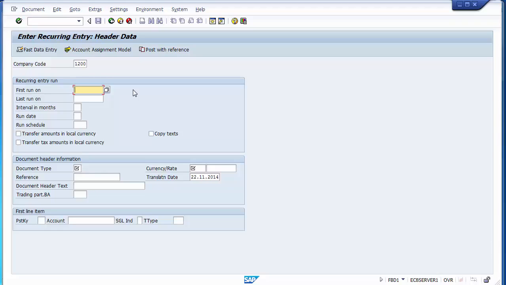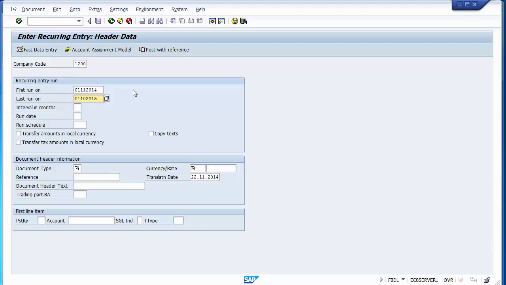Like for example, if you know that the rent you will be paying would be maybe for 2 years, so you can put the 2 years of calculation over here as a first run and the last run. For example, suppose I take as 01112014 till 01102015 for 11 months. So I know that this is the rent which I have to pay from this to